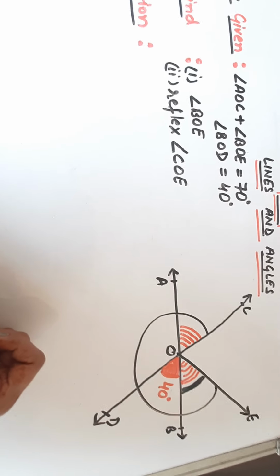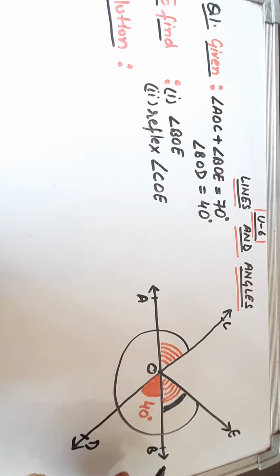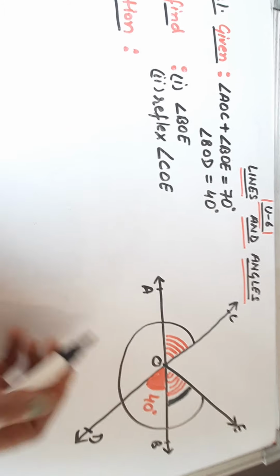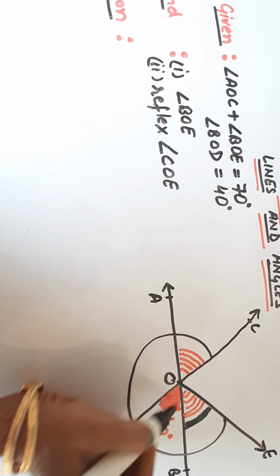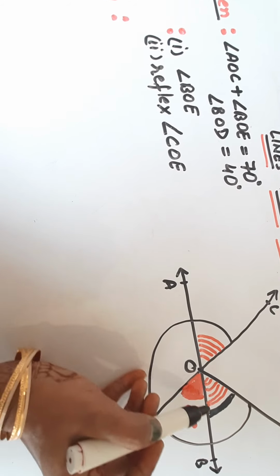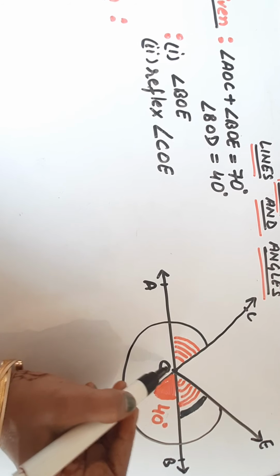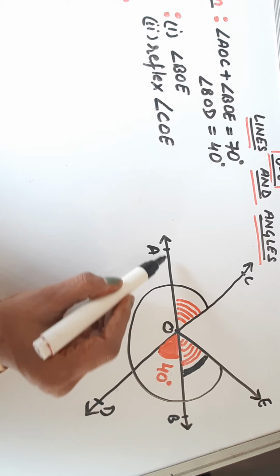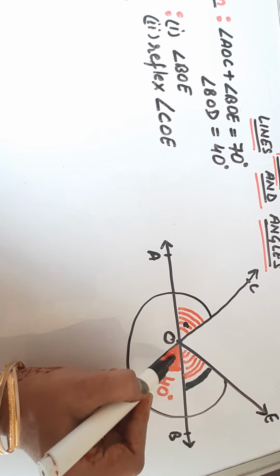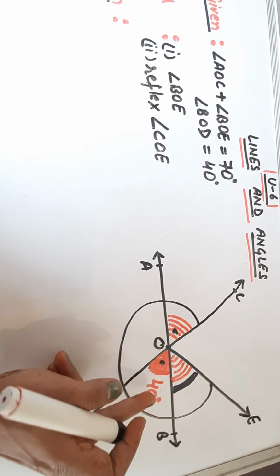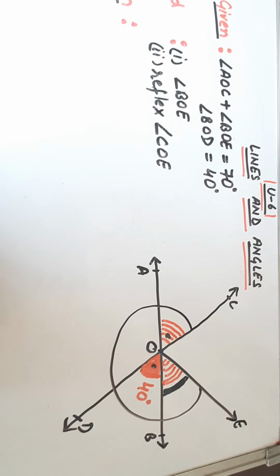So very first of all, dear students, what is given to you? We have been given that AB and CD are two lines, right? If these are two lines, that means the angles formed with these two lines will be vertically opposite. तो ये जो एंगल आप लाइन वाला देख रहे हो, it is touching the line AOB and CD, and this 40 degree angle is also touching the line AB and CD. Means these two angles will be the vertically opposite angles. So if angle BOD is given as 40 degree, that means angle AOC will also be 40 degree.